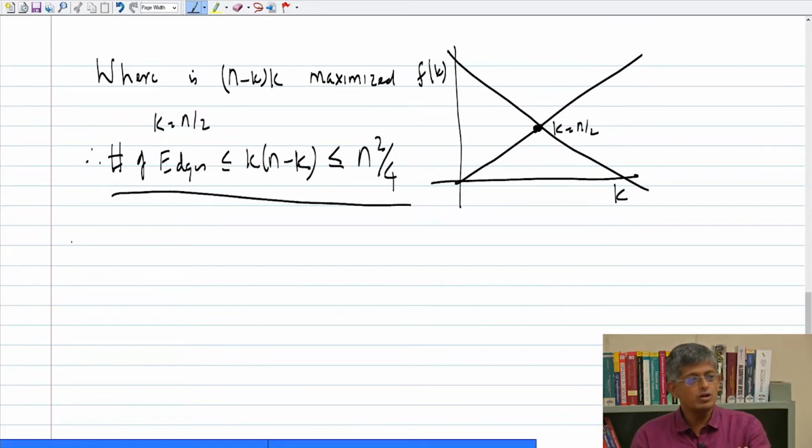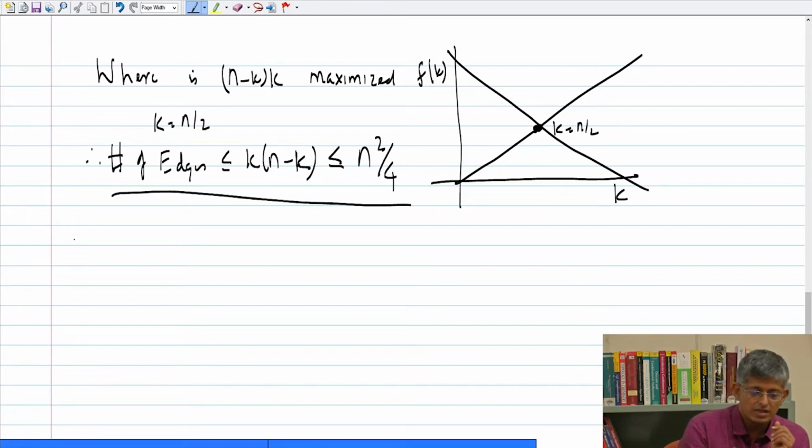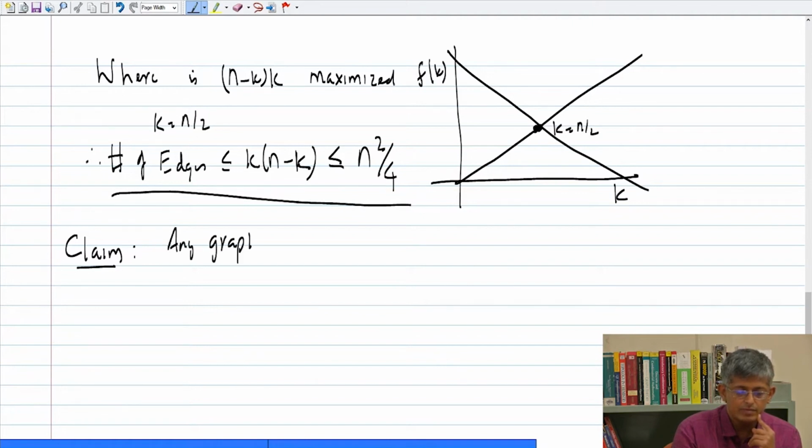Then I am showing you that if the graph is dense enough, which means it has many edges, then it will surely have triangles. So essentially we are just playing with degree alone. So let's look at this one. Here is another claim. Any graph on at least two vertices